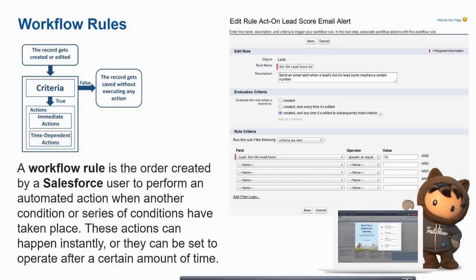Workflow rules work like this: you have a particular criteria, and whenever that criteria is met, there will be a rule, and based on that rule an action will take place. Let's say whenever a field is created or updated, if that meets a particular criteria, then it will send an email, or post to Chatter, whatever. You get an idea.